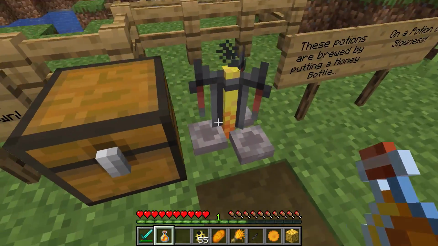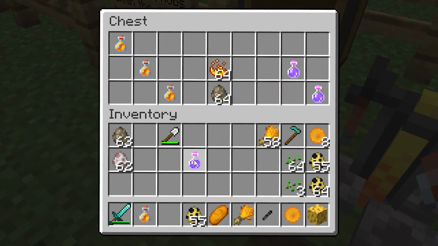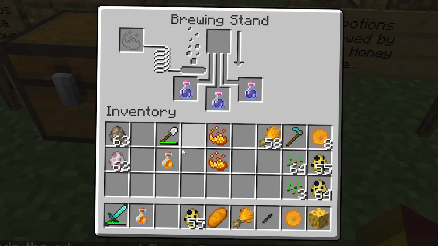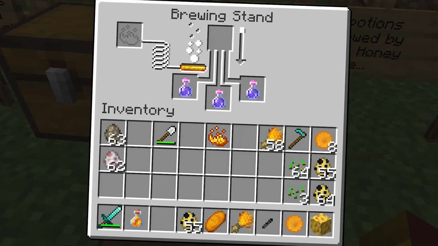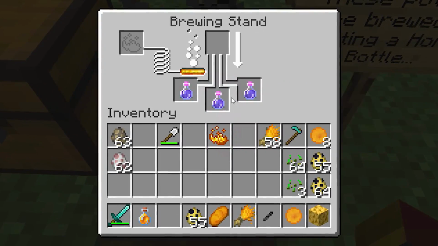A honey potion, to be more exact. Check these guys out. You'll need a potion of slowness, a honey bottle, and your blaze powder to get your brewing stand nice and ready. In goes the honey bottle, in goes the blaze powder. You'll now be able to turn potions of slowness using your honey bottles into a special new potion known as